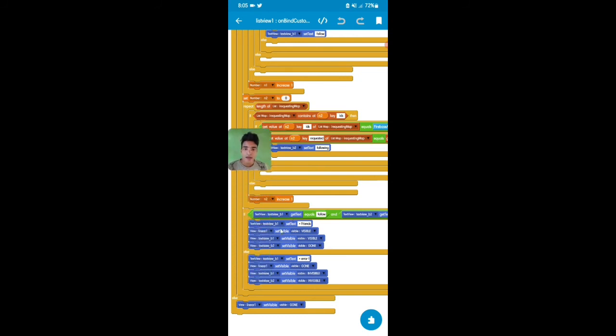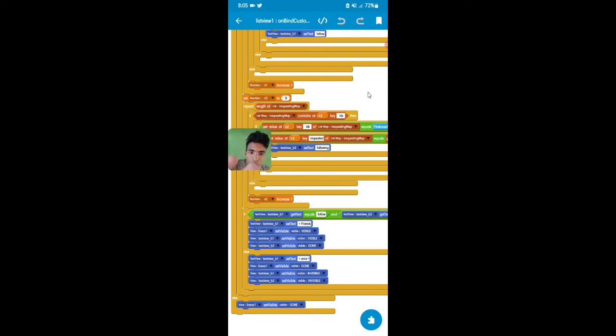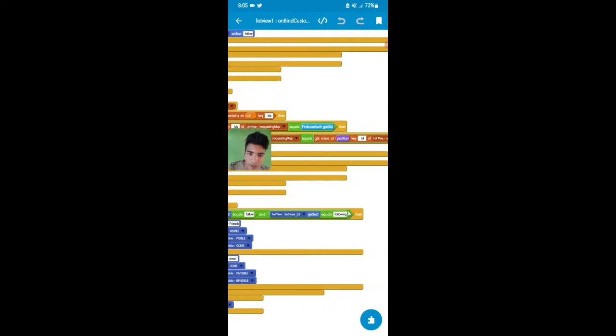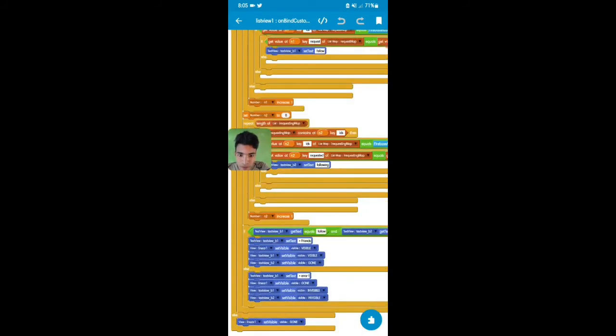Okay, so guys, then I'll add an if else block: if text view b1 get text equal to follow and text view b2 get text equal to following, then text view b1 set text friends, view linear set visible, text view b1 set visible and text view b2 set visible gone.